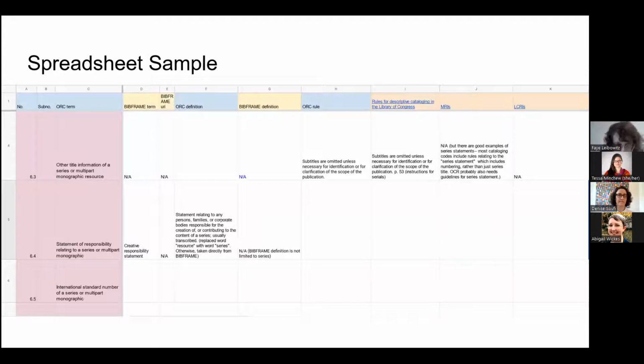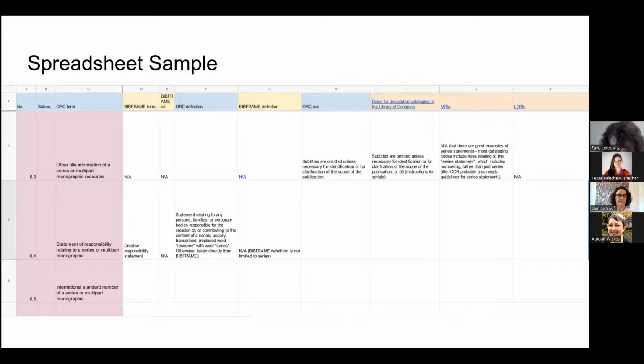But if you take a look at it later, you can see that we modified a BibFrame definition, and we modified a 1949 LC cataloging rules rule to come up with the ORC rule.